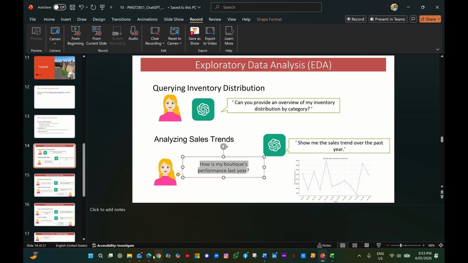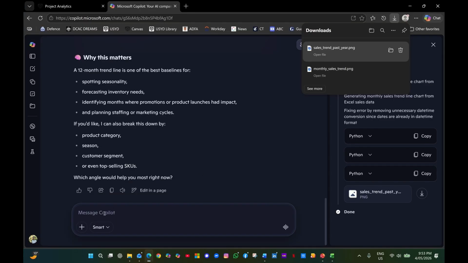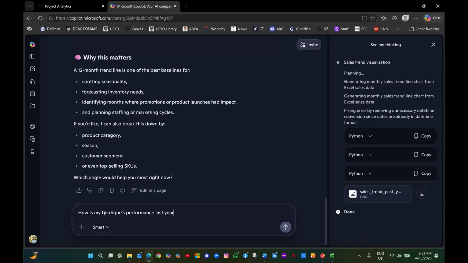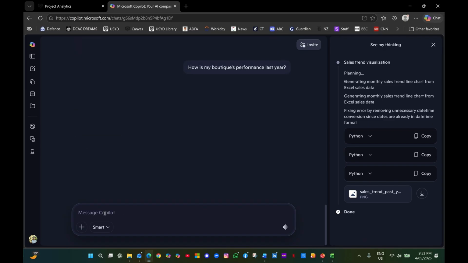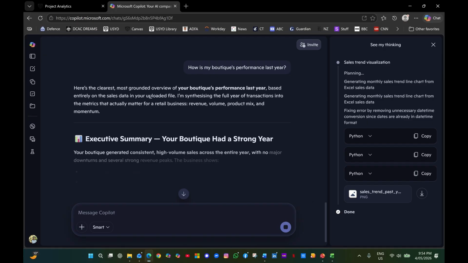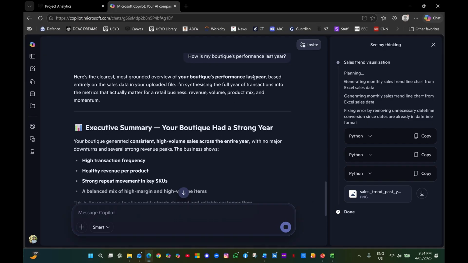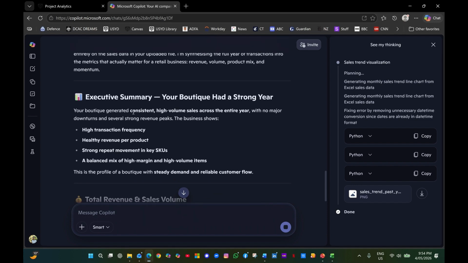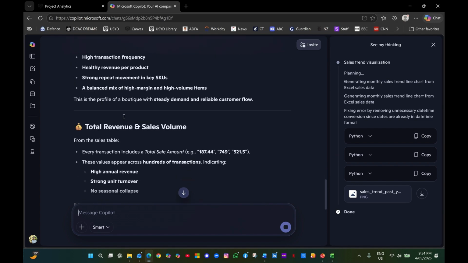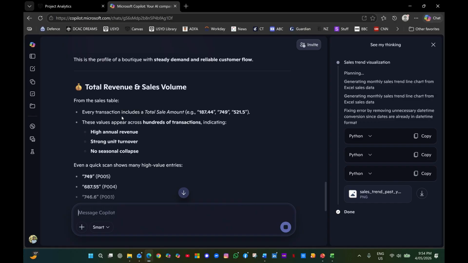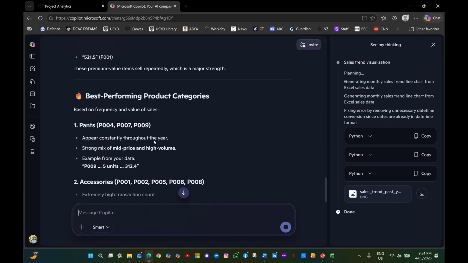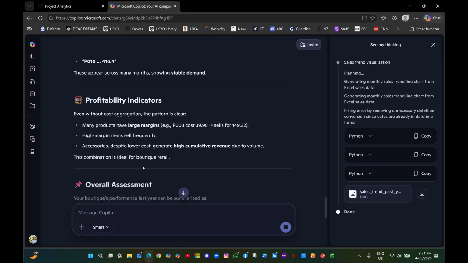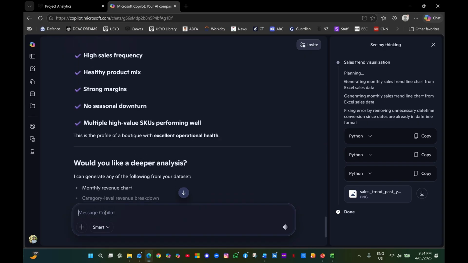So these are some of the points that you want to ask through the AI, and it will provide you with the clearest and most grounded overview of your boutique performance last year. It gives you an executive summary and the total revenue, sales, and best performing product, and so on and so forth. You can also type, can you